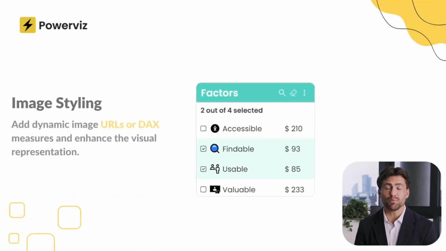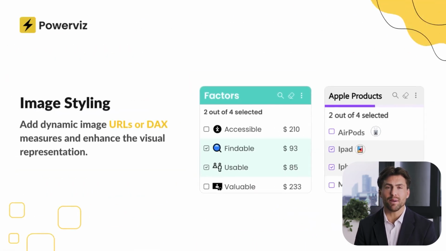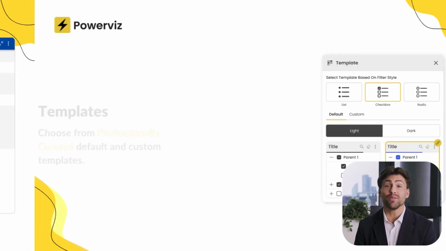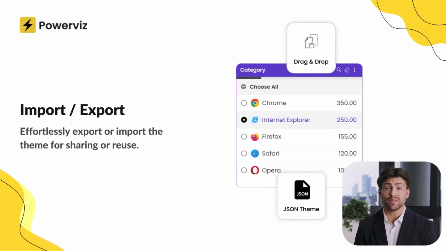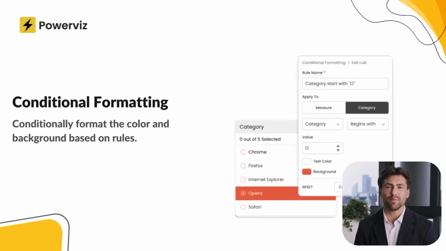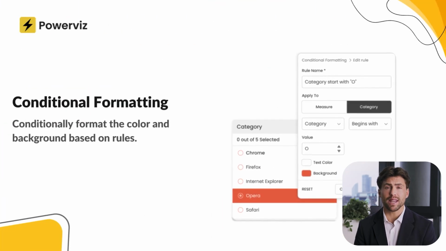Make your slicers more visually compelling by adding dynamic image URLs or DAX measures, making filtering more intuitive and visually attractive. Choose from professionally designed templates or create your own. Save and reuse your designs with JSON export, import, and use conditional formatting for values or backgrounds, making your slicers